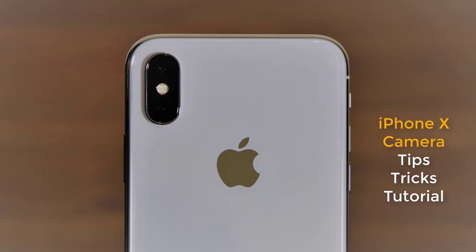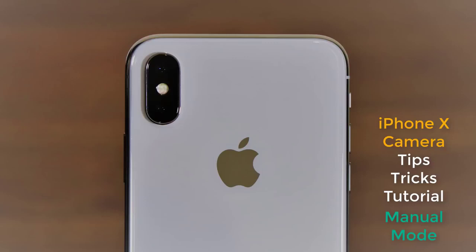iPhone 10 camera tips, tricks, and basically a complete tutorial. You paid over $1,000 for this smartphone, and it's best that you know how to use every aspect of its wonderful camera. So I'm just going to go over every little thing that I think you need to know to enhance your ownership. Towards the end of the video, for the sake of people who want to get really serious with this camera, I will show you how to get full manual control over the iPhone's camera, which allows you to individually tweak the exposure by manually controlling things like the ISO value, the shutter speed, and manual focus,